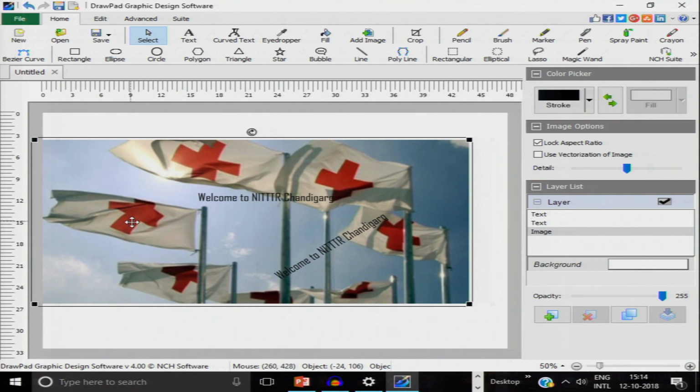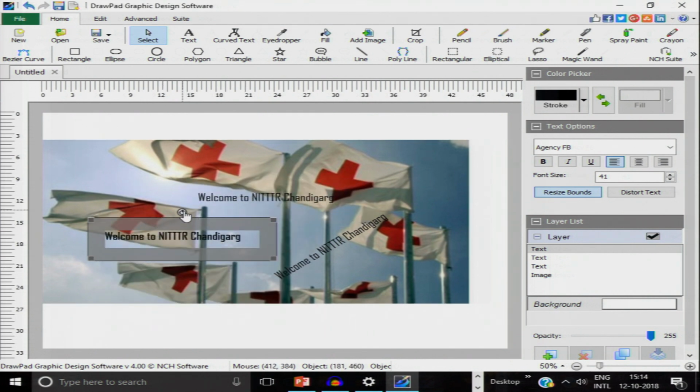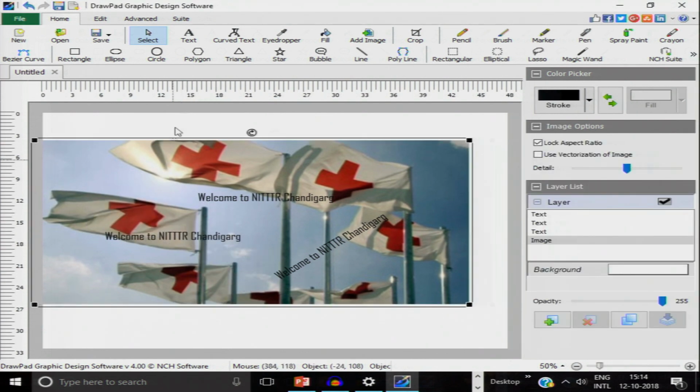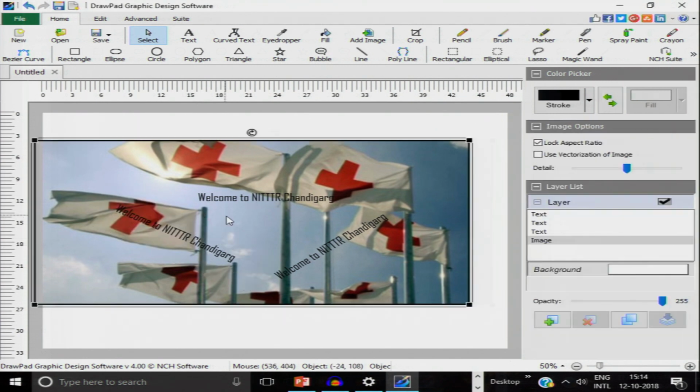Very simple. This is the very basics I am showing you, because in this session we are only going to tell about the list of the tools. Now again we will do Control V. Again we can move it to any place, and again we can rotate it in a different rotation, and then you can click outside. We can rotate it at different angles. So this is one of the basic software with which you can do graphics editing.